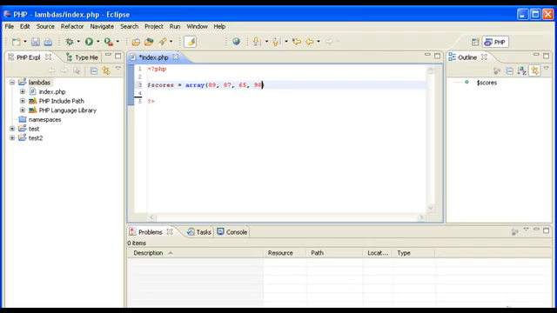So let's put in a bunch of scores here in our array. Students have got different scores on their test, and they're all in an array here. And now we want to get out all of the scores that are 90 or above. Since scores 90 or above are an A, we'll call them A scores. And we say array filter